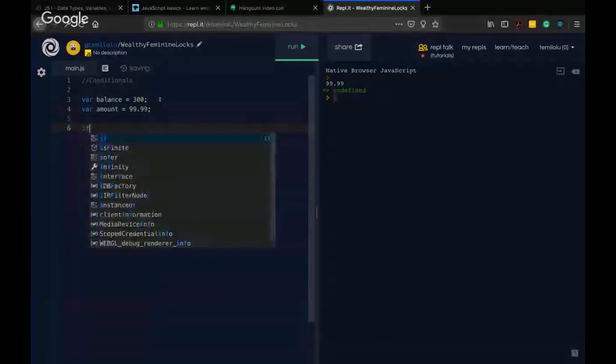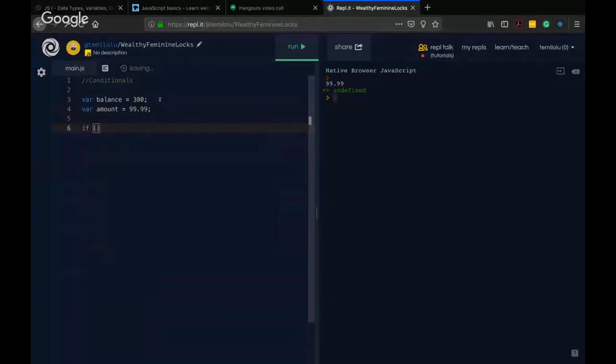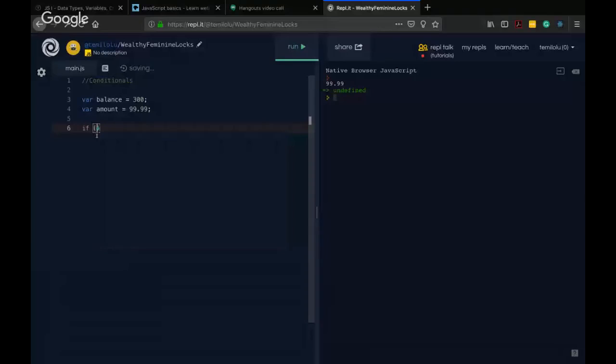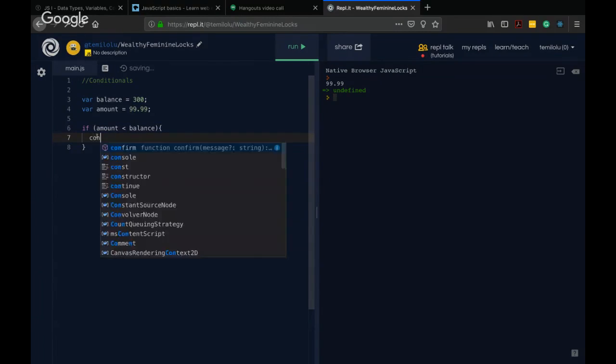I can say if amount is lesser than, so when the arrow is pointing to the left side it is lesser than, and if it's pointing to the right side it is greater than. So if amount is greater than balance, we can say console.log